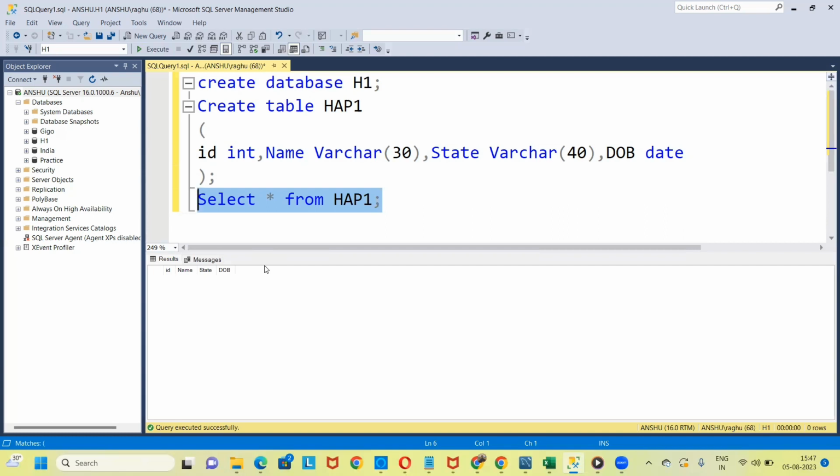So till now we have created only this much. Only the table structure has been created, but we haven't inserted the values yet. So now we are going to insert the values. And one more thing,